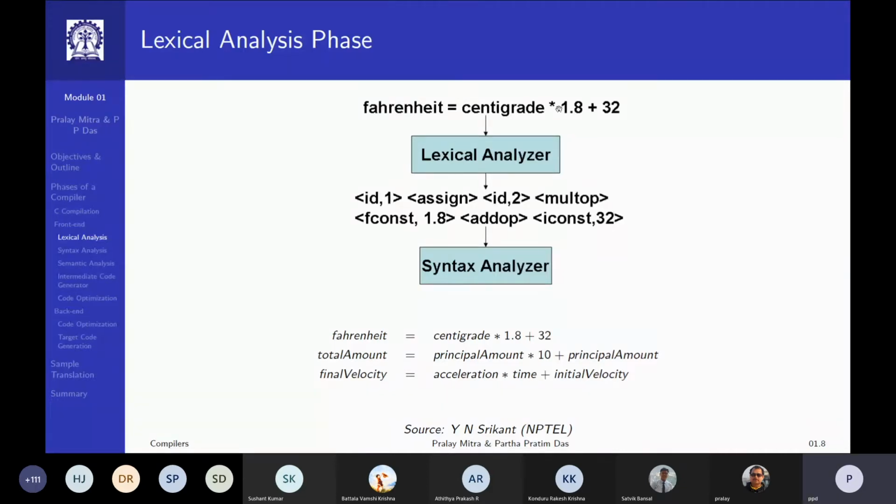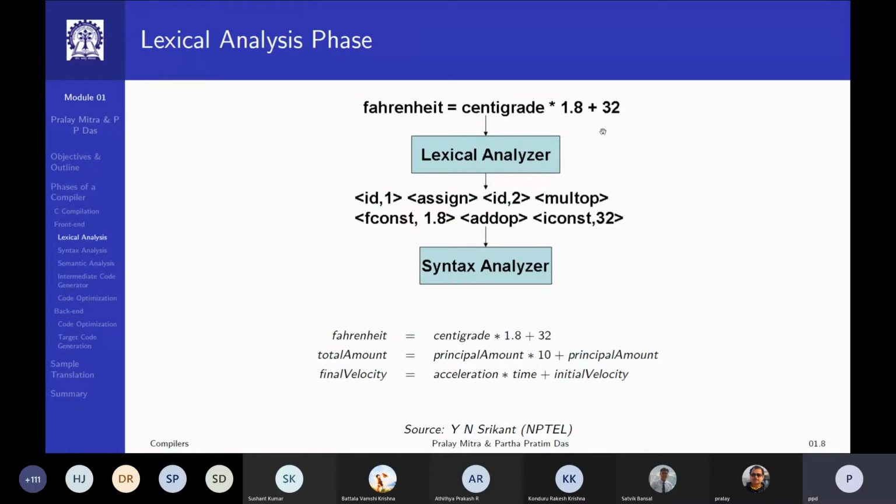This is simple multop followed by a constant. And from the existence of the period in 1.8, you know that it is a floating point constant. So you say its token class is fconst, and the value, because if it is a constant, you need to know its value. The value is 1.8.